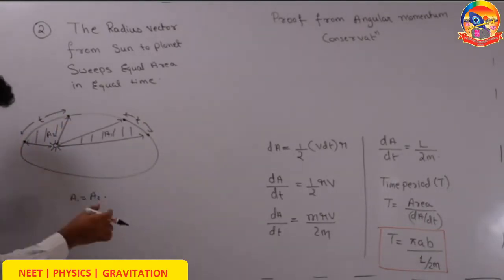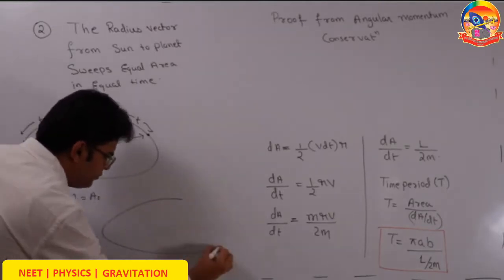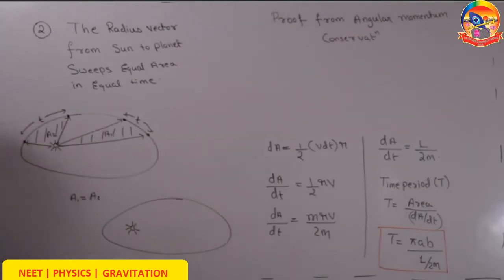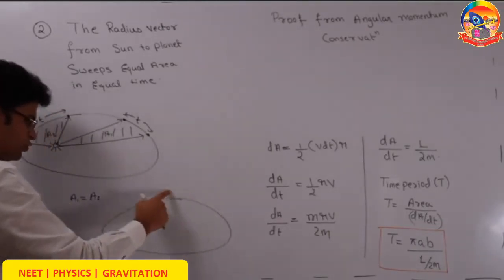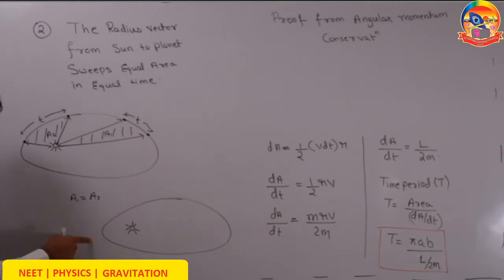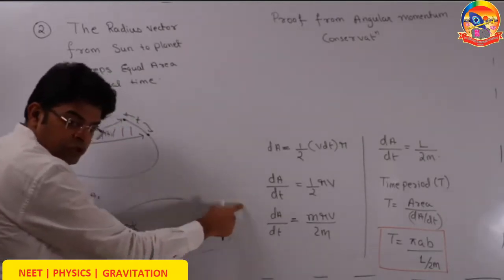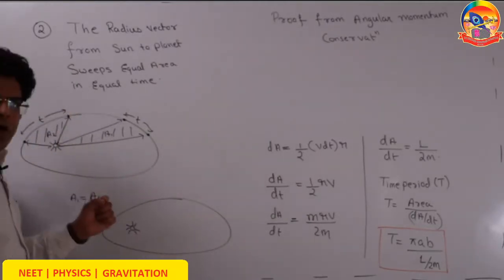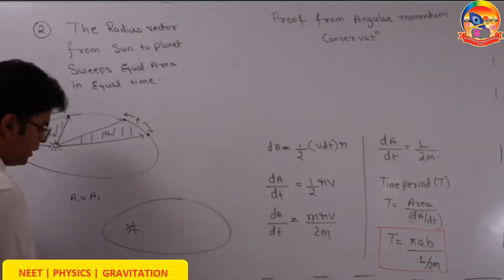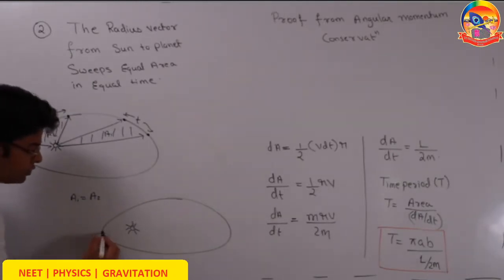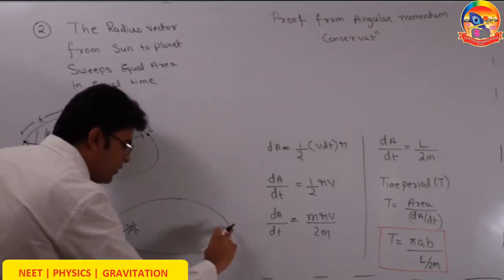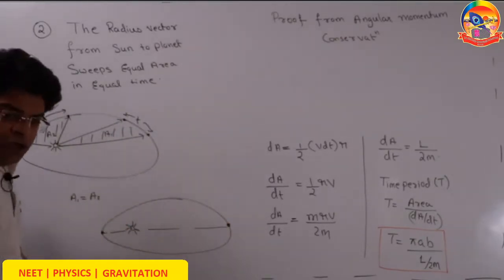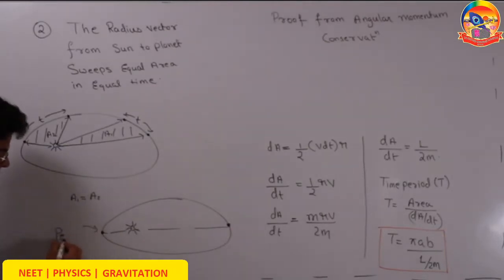You should visualize this thing in your mind. If let's say this is sun and this is the orbit of planet, as the planet comes close to sun it speeds up, as the planet goes away from sun it slows down. So it speeds up, slows down, speeds up, slows down. At which point does the planet have the highest speed? The planet has the highest speed when it is closest to sun. The planet has the lowest speed when it is farthest away from sun. This closest point to sun is called perihelion.